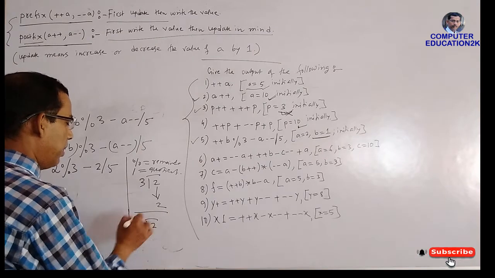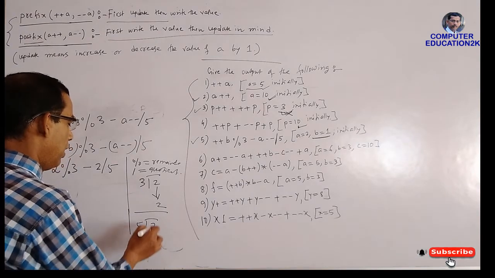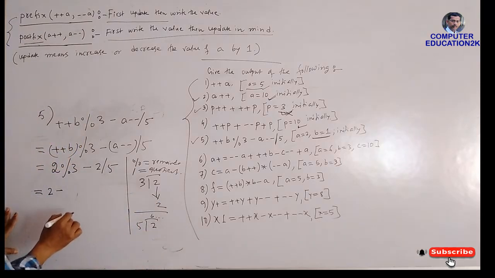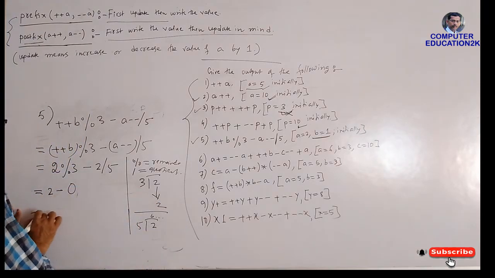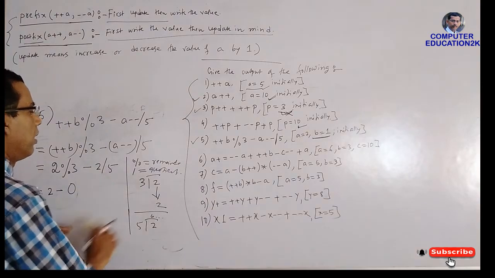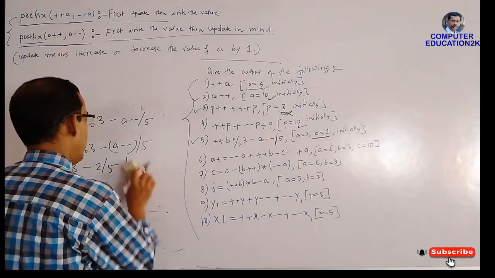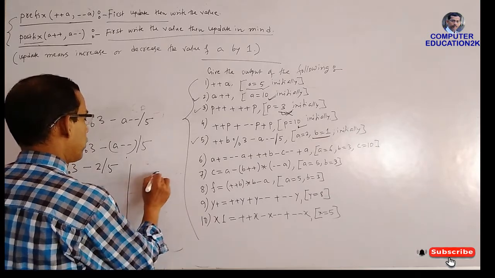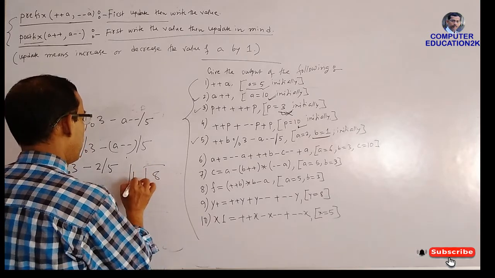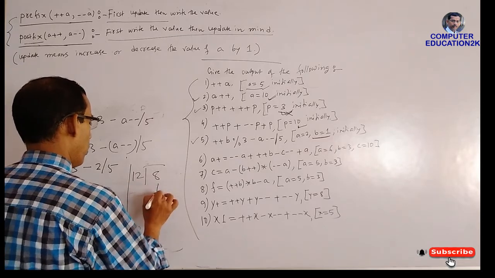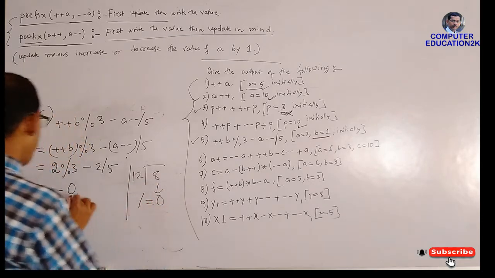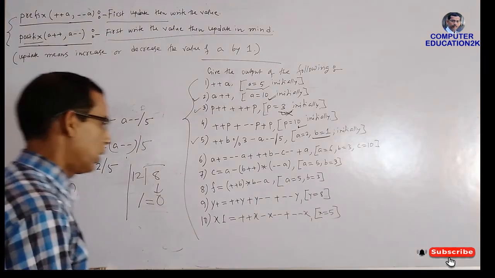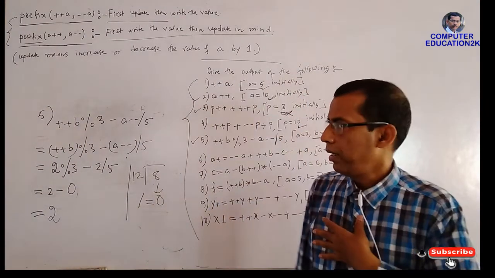Because you cannot divide here. If you try to divide, 0 point something will come. So in this case you will take 0. Keep in mind, in Java, while solving this kind of expression, if you divide a smaller number by a bigger number, then you have to take 0 in quotient. So I am taking 0. So what is the answer? 2. The answer is 2.